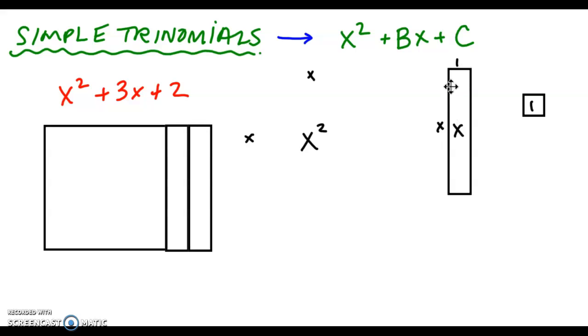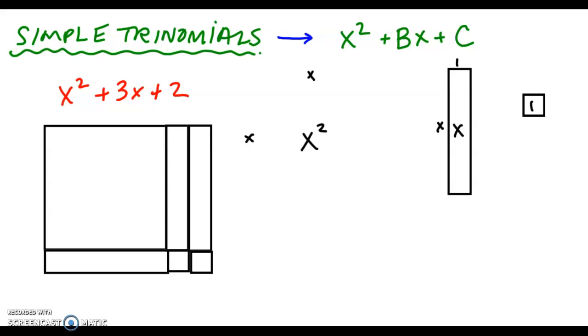Now remember that I'm trying to arrange this to make a perfect rectangle, right? So I'm going to turn this over. I know I only have two 1s, so I need two spots there. And now we have two 1s, so we've got this one and this one. Okay, so once you have your tiles arranged, then let's figure out